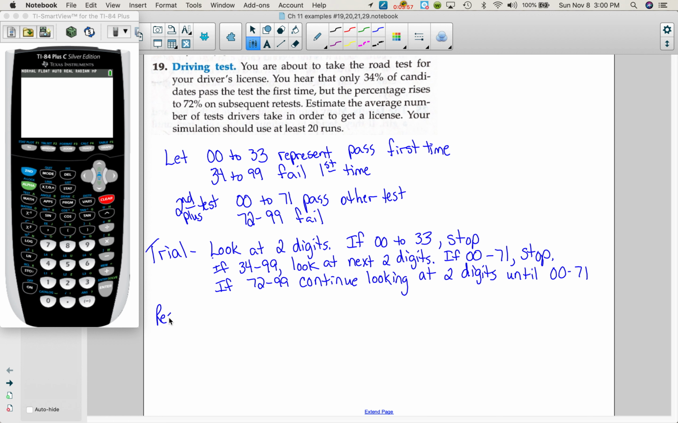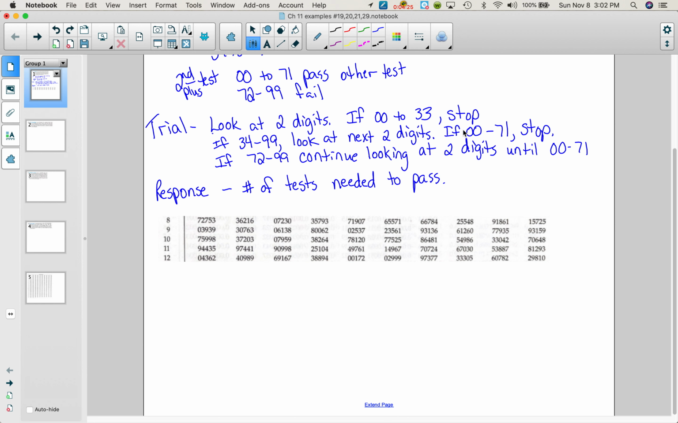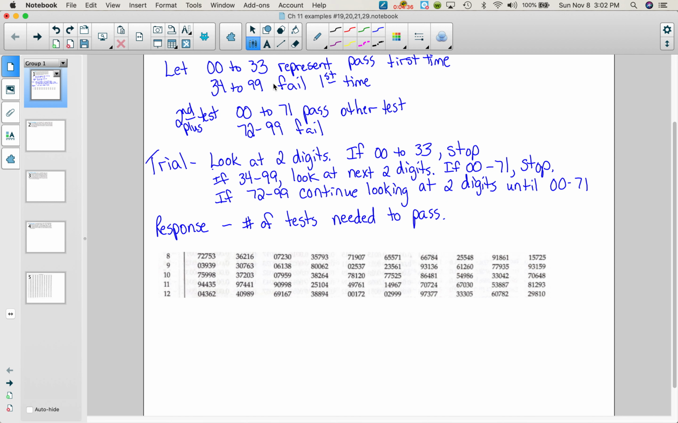Now what's the response variable that we're looking at? So our response variable tells us the average number of tests drivers take in order to get a license. So number of tests needed. So we're going to record the number it took to pass. And then after we do 20 trials, then we would come up with our average. So I'm going to start on line 8. And remember what we're doing. We're starting, if 00 to 33, we stop, because that was the chance that they would pass the